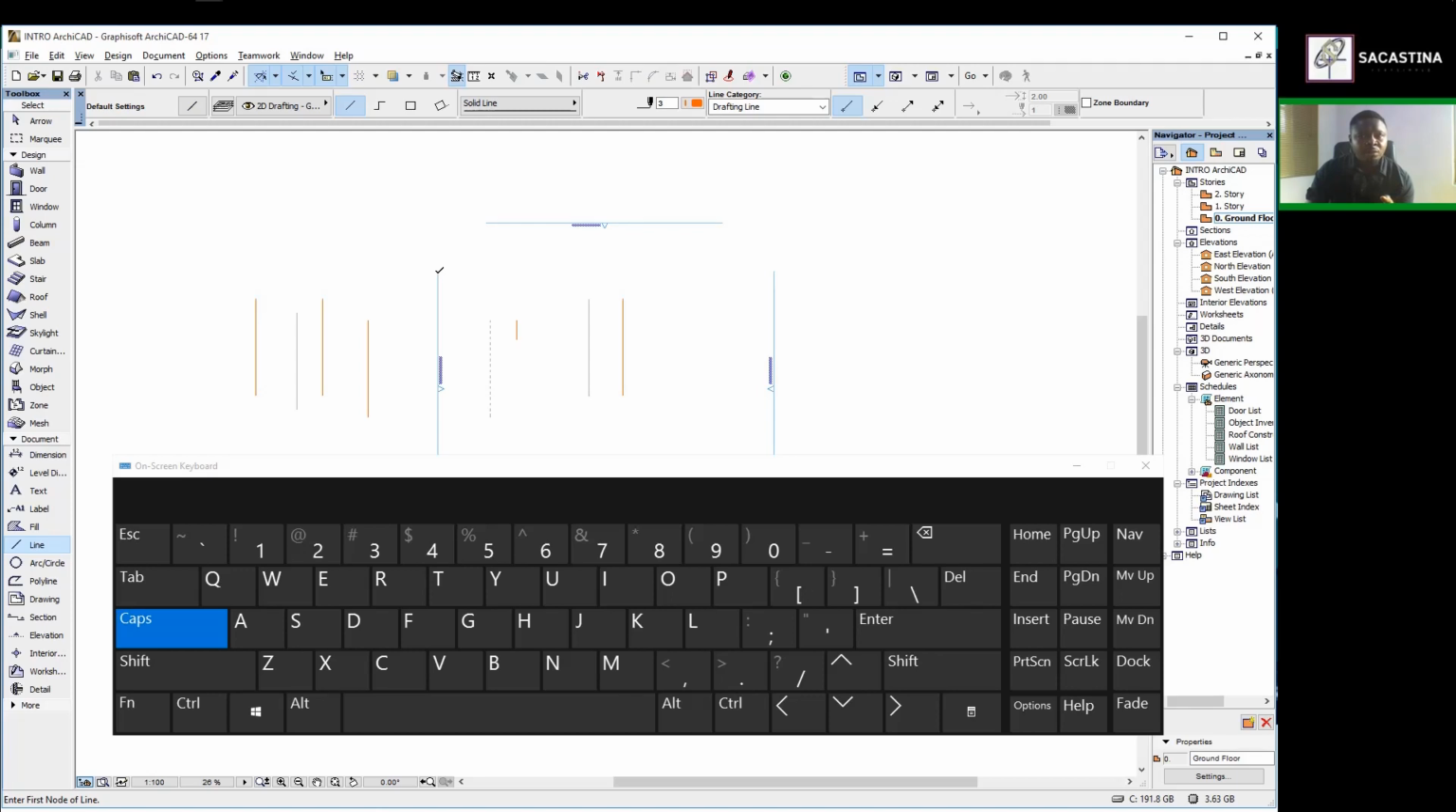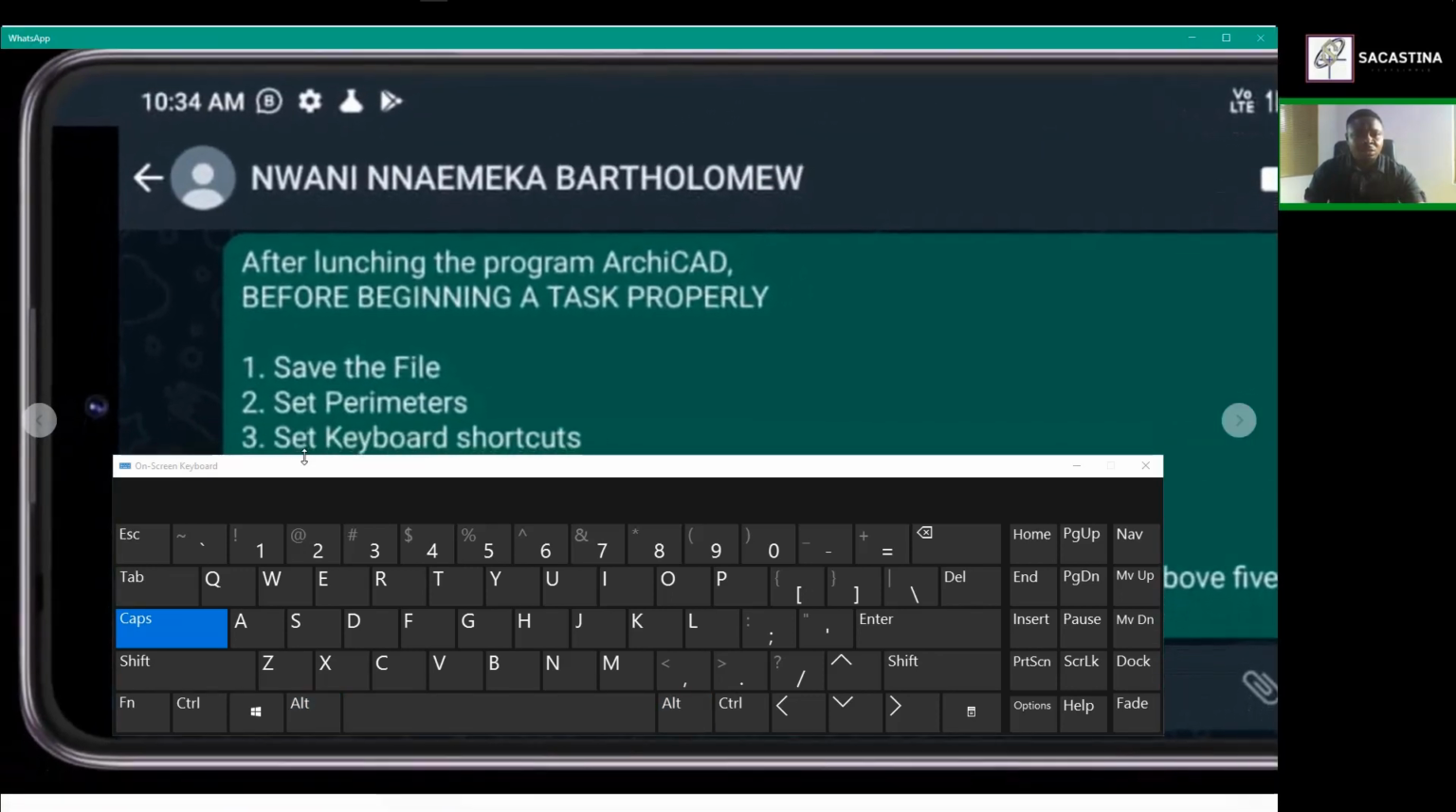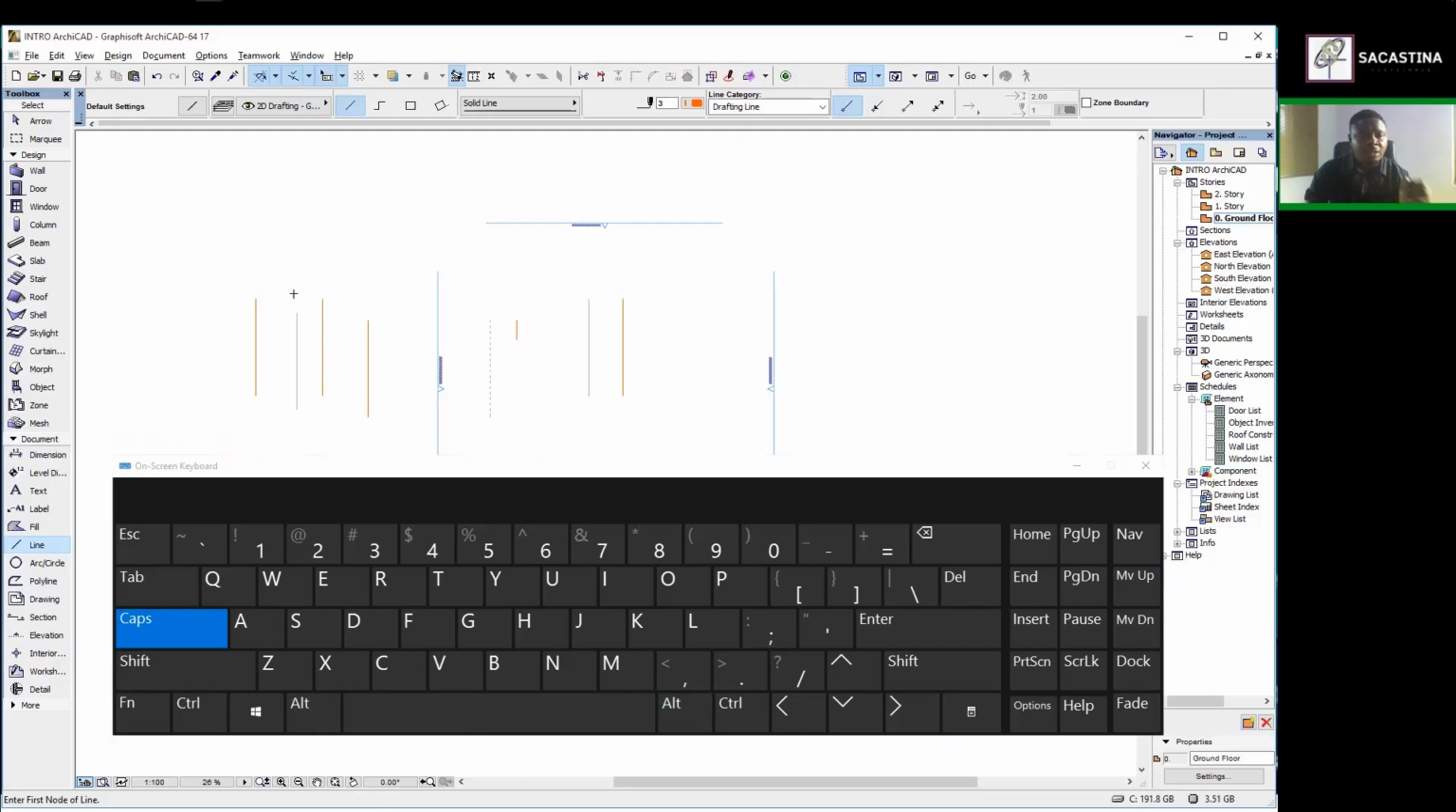Like I said, setting of parameters. One of the things we do in setting our parameters is, once you come in, before you start any work, go to your option tool. Go to your option tool. One of the major parameters is setting